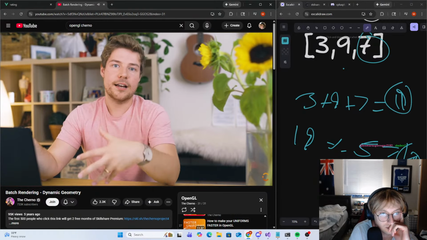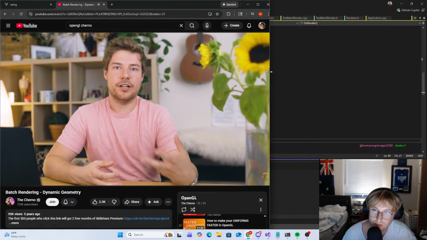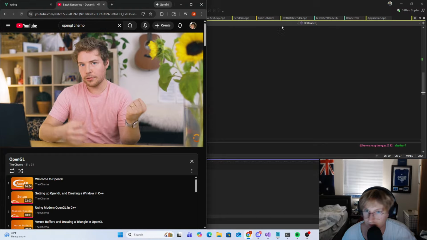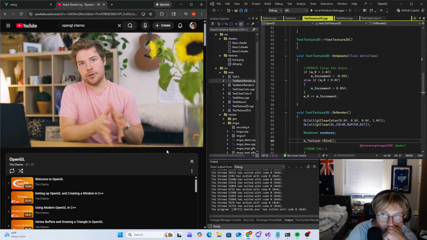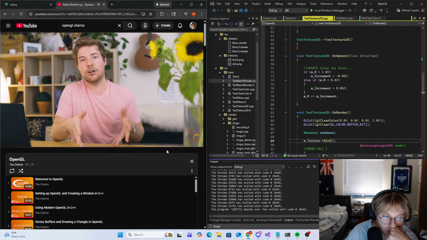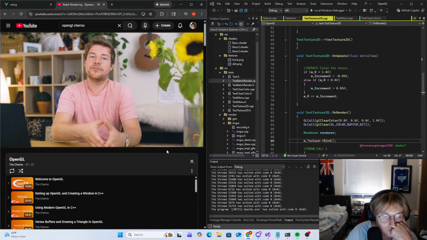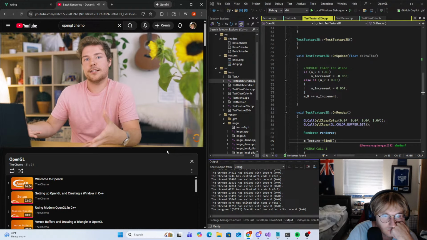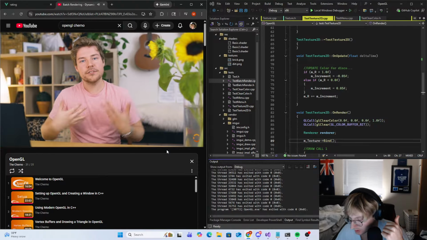Okay, let's talk about dynamic batch rendering. So there are a few moving parts when it comes to making your batch rendering dynamic. In fact, there's 2 kind of main parts, and that's the vertex buffer and the index buffer. So today we're going to focus specifically on that vertex buffer. As we've seen so far in this series, when our program first starts up, that's when we create this kind of vertex buffer. But what if we didn't have to predefine all of those